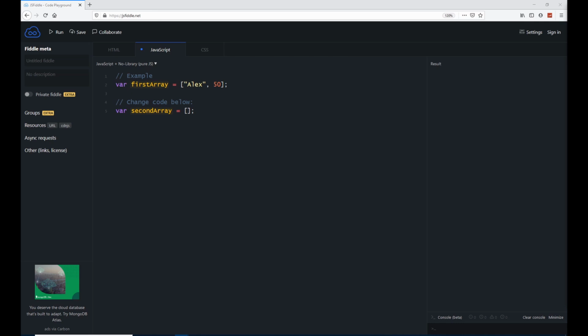Arrays allow you to store several pieces of data in one place. So look at this example. First array. Now arrays always start with a bracket and then end with a bracket, which you can see here, to show the beginning and the ending of the array, and every element in the array is separated by a